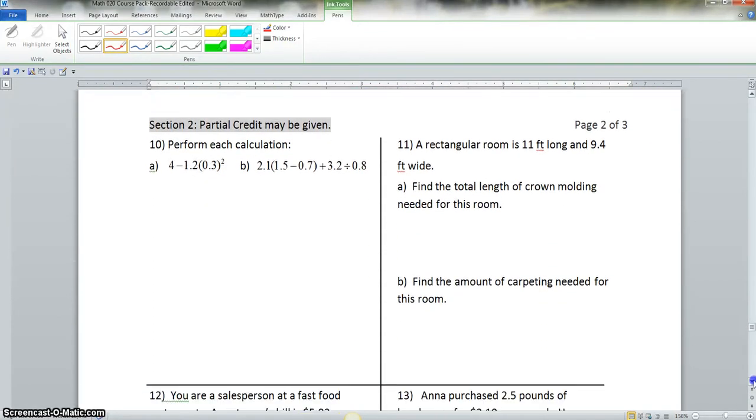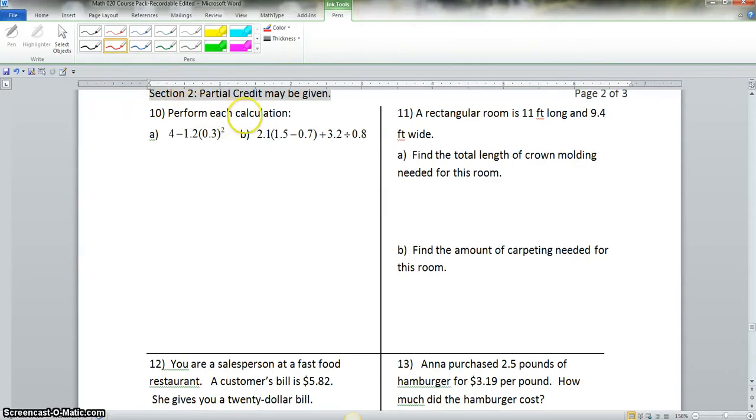Okay, now we scroll down here to number 10. It says perform each calculation. Now, this is the part where you would get partial credit for some of your answers. So we have to set this up correctly. Now we look at the operations. We have subtraction, multiplication. We can't do anything with this parenthesis, so we don't count this as an operation. And this is the exponent. So we know we'll do the exponent first. 0.3 to the second power is the same as saying 3 times 3, which is 9. And we know we will have 2 digits behind the decimal because 0.3 and 0.3. So this will give us 0.09. So we have 4 minus